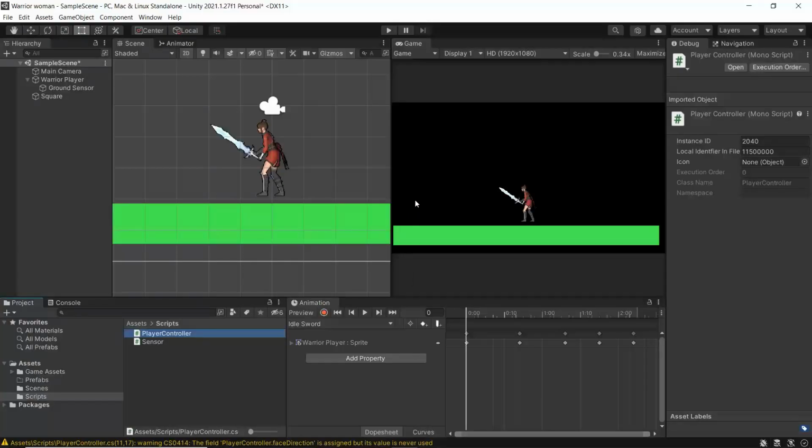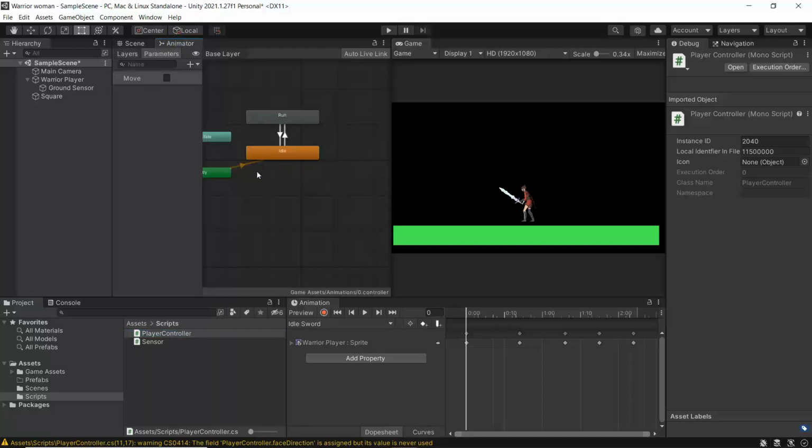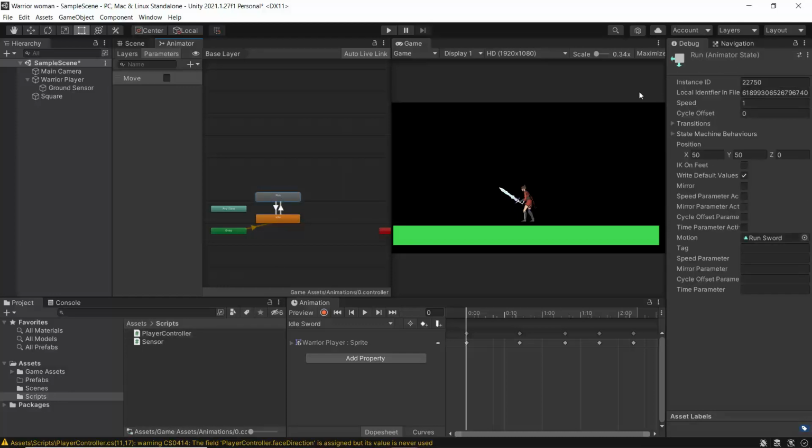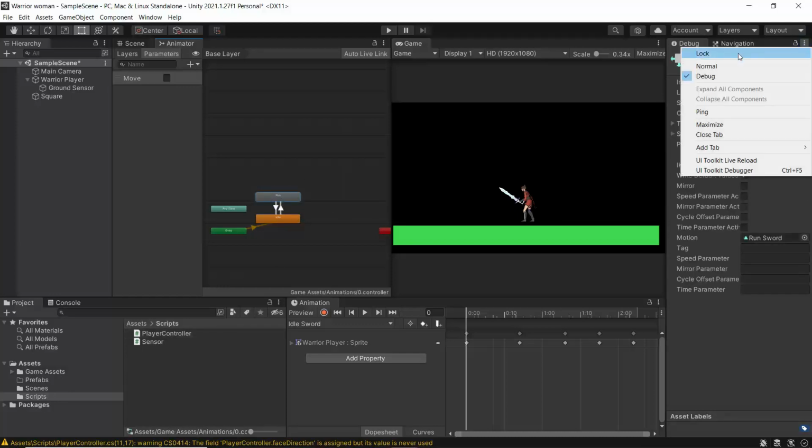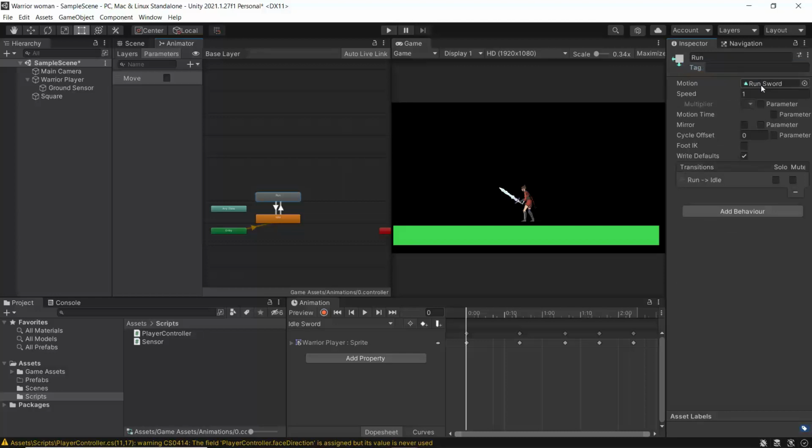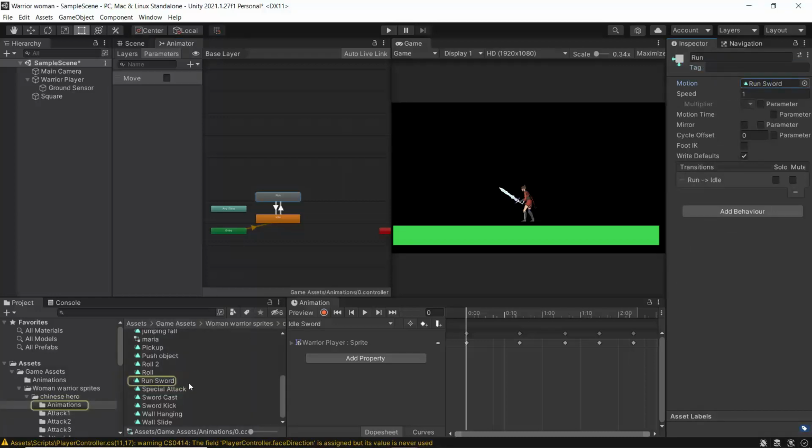So guys, in this part we are going to work on the jumping animation. Let's go to animator. Here we need to add two animations. So I'm going to click on the run. Let's change it to normal again and then click on one sort. Here I'm going to find the jump